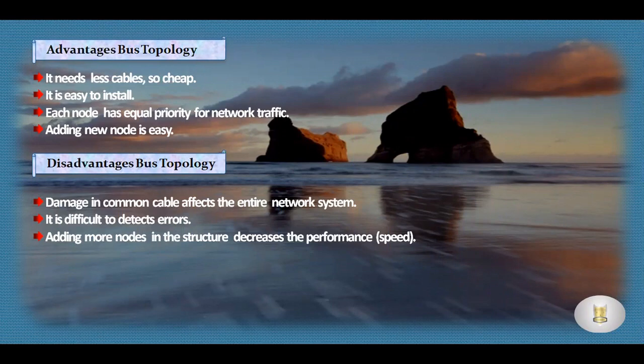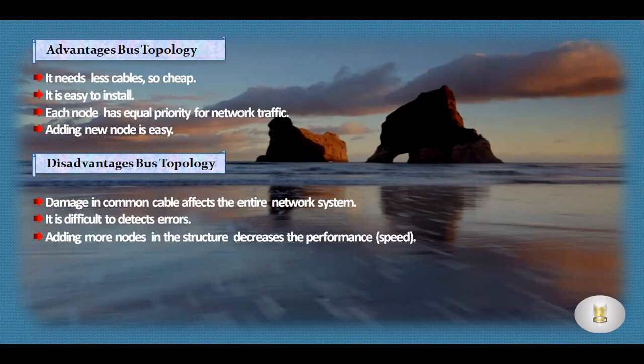It means every computer connected in a bus topology has an equal opportunity to accept and send signals throughout the network. Number 4, adding a new node is easy in the bus topology. It means that you can add a new device to the network easily.